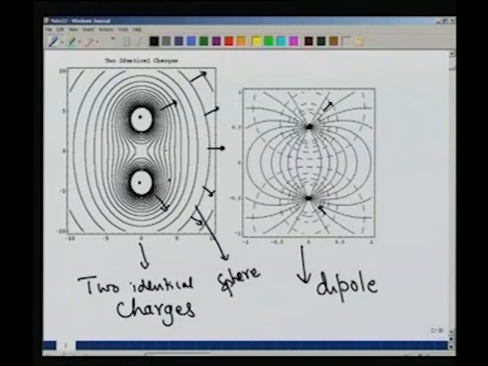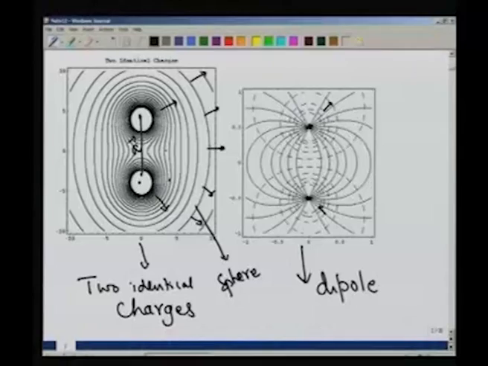If I were to draw a very large sphere, it would be a sphere, because in that situation you will forget all about the distance, let me call it a, between these two spheres. But here as you go farther and farther away, you don't get a sphere, you get a characteristic 1 over r cubed. The surface becomes more and more complicated. Therefore, you see that indeed the behavior of a dipole is very different from the behavior of identical charges sitting displaced with respect to each other. In one case, for large distances, the leading order contribution is 1 over r, the so-called monopole term or the single charge term. Here, the leading order contribution is 1 over r cubed.